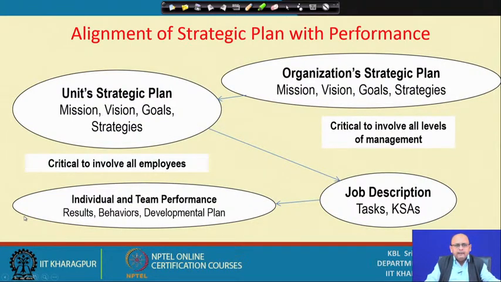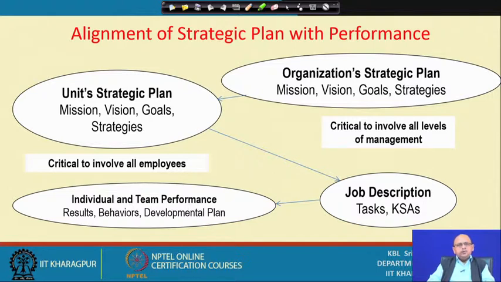Now, how does this alignment happen? See, we have been talking about different levels. So, there could be a unit's strategic plan, which is basically nothing but their vision, mission, goals and strategies, right. And this comes from where? It comes from the organization's strategic plan, their vision, mission, goals and strategies we have been talking about. So, the organizational strategic plan has to be congruent and consistent with the unit strategic plans, all units, not just one unit. Then you also need to see that